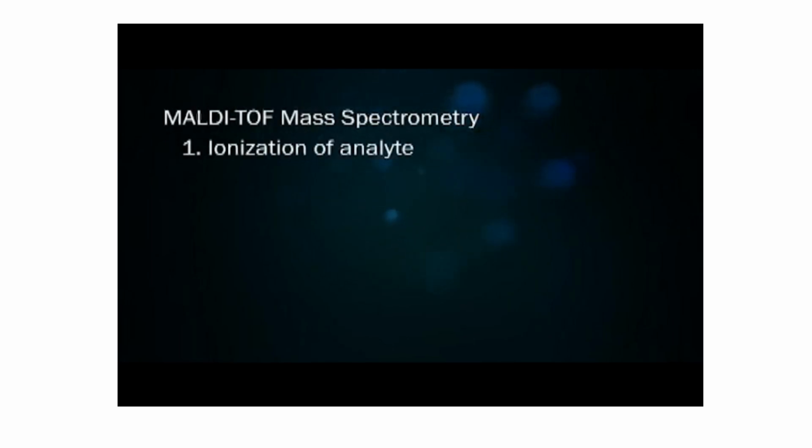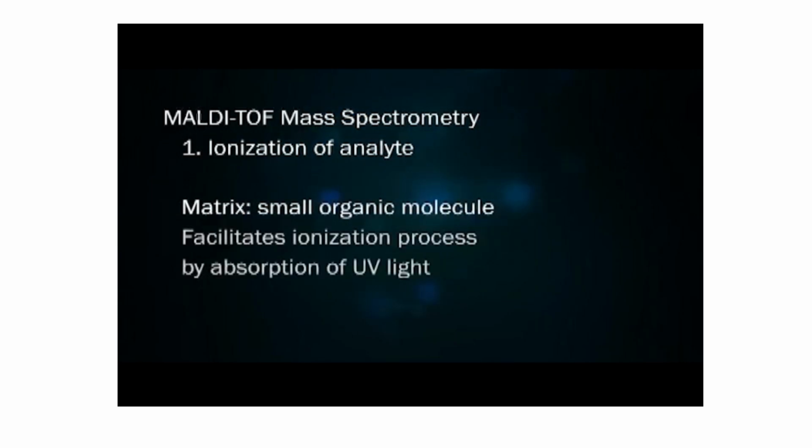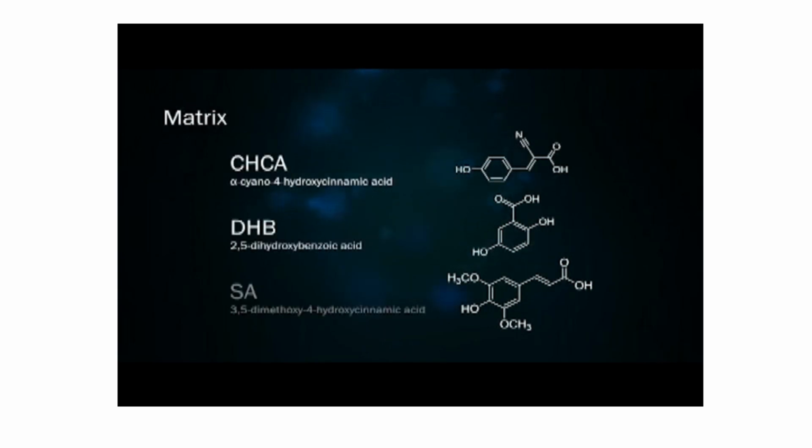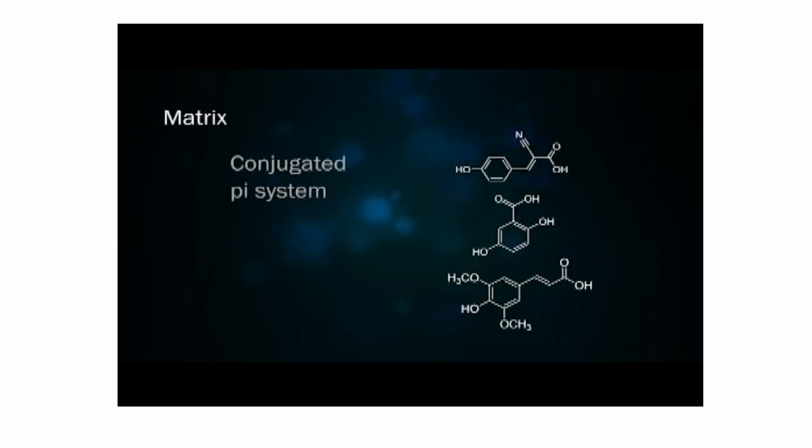Key to the MALDI ionization process is the use of a matrix. The matrix is a small organic molecule used to facilitate the ionization process. A few common examples are shown here, such as CHCA, DHB, and SA. Common to all matrix molecules is a conjugated pi system, like a benzene ring and attached functional groups. This conjugated pi system is able to absorb energy in the form of UV light and blast the analyte molecules